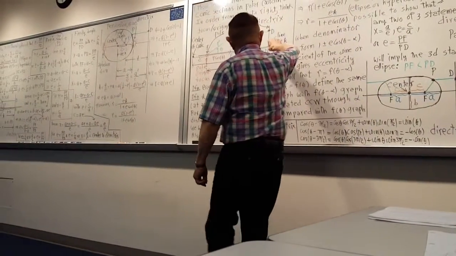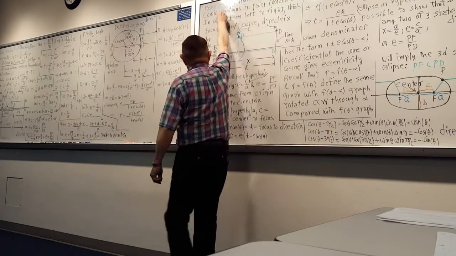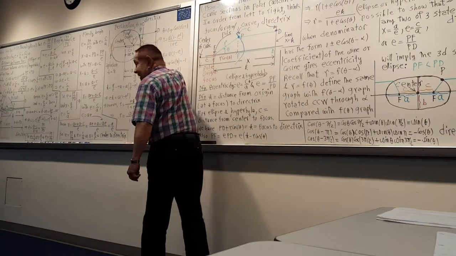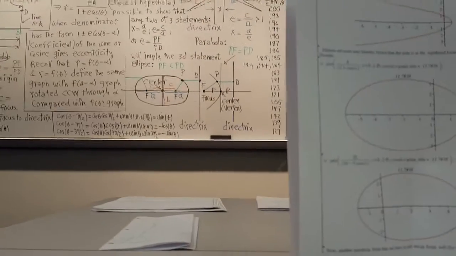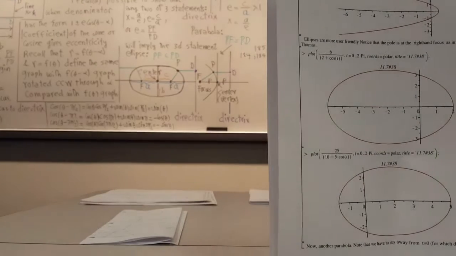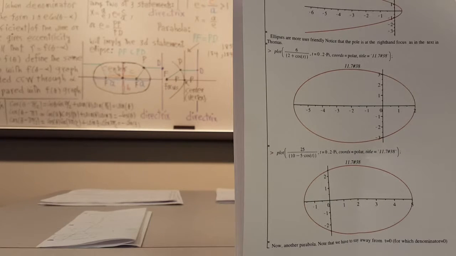Or if you prefer, you could think of it that I took hold of this and did that with it, like that. So they're thinking of it that they're starting with the pole at what would be like the